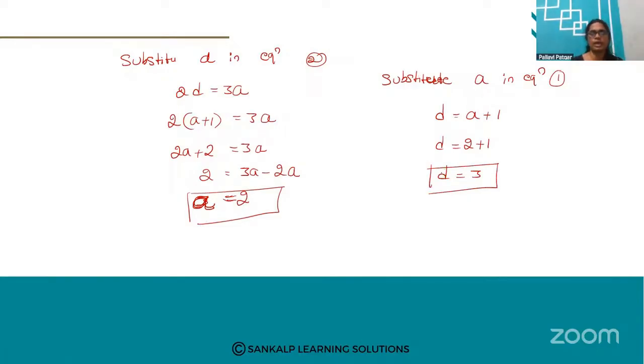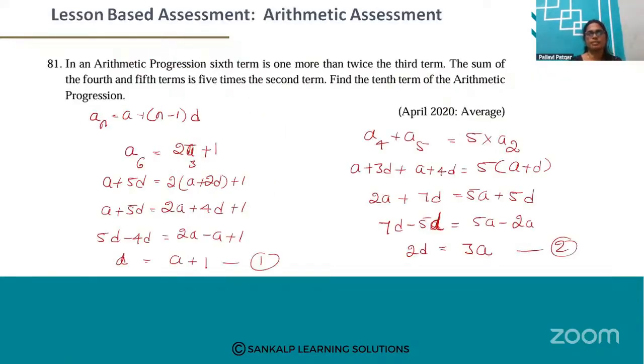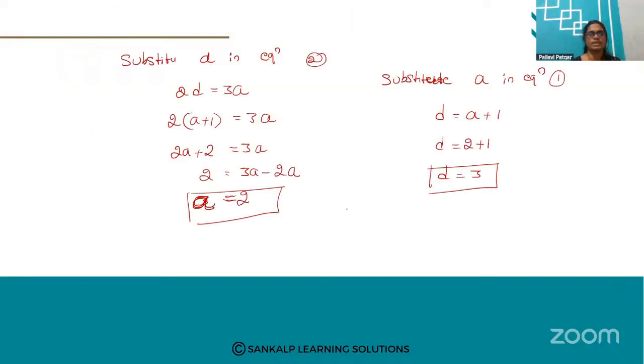So they have to find 10th term of AP ಅನ್ನ find out ಮಾಡ್ಲಿಕ್ಕೆ ಹೇಳಿದ್ದಾರೆ. So ಹಾಗಾಗಿ 10th term of AP. So ಏನಾಗುತ್ತೆ? 10th term is equal to A plus N minus 1 into D. So A is 2 plus 10 minus 1 into 3. So this is equal to 2 plus 9 into 3. So 2 plus 27. So this is equal to 29. So therefore the 10th term of AP is 29.